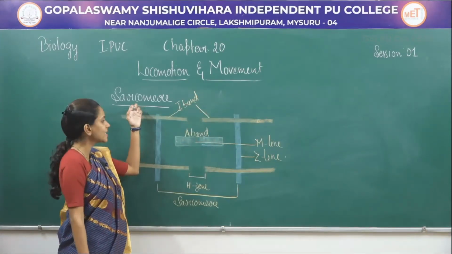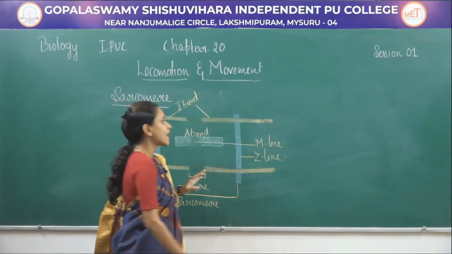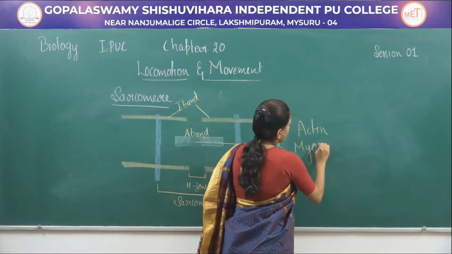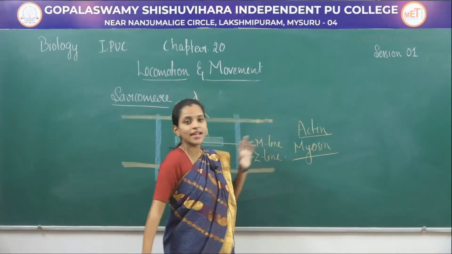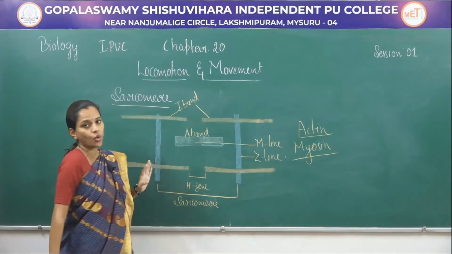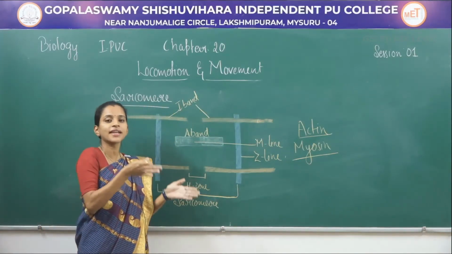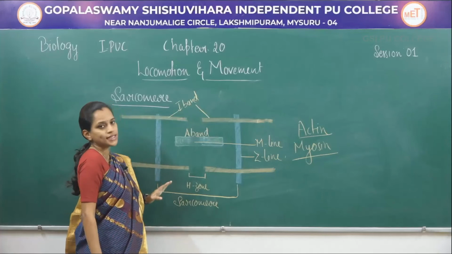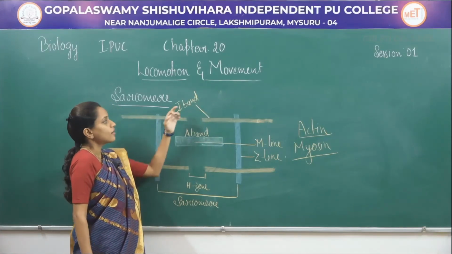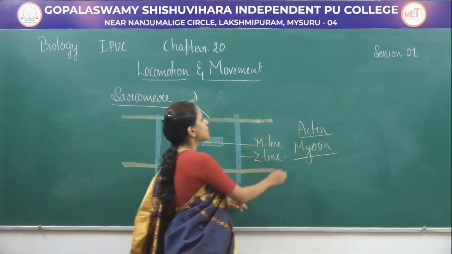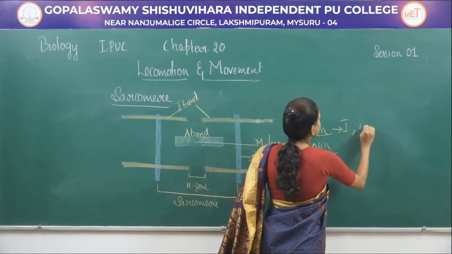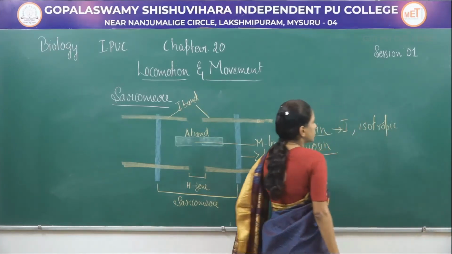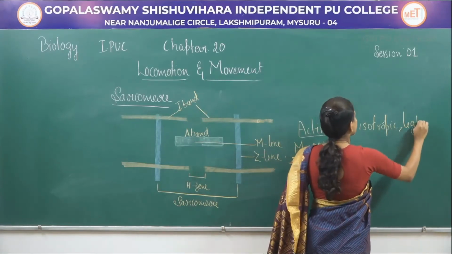A sarcomere is made up of contractile proteins termed actin and myosin. These contractile proteins are distributed in the sarcomere, which helps in the formation of dark and light bands that are present alternatively. When it comes to the sarcomere structure, the light band which contains actin molecules is termed the I band or isotropic band, or they are also called light bands.